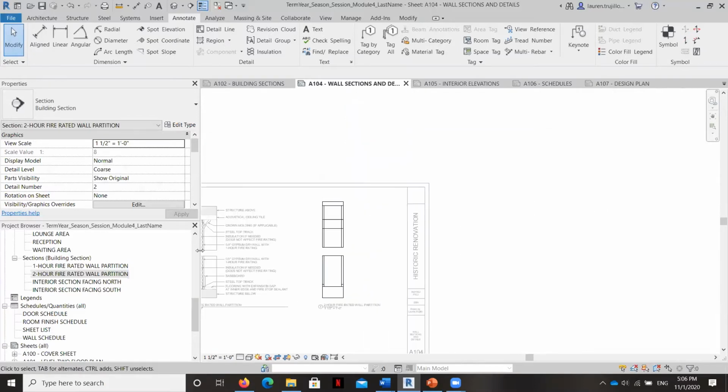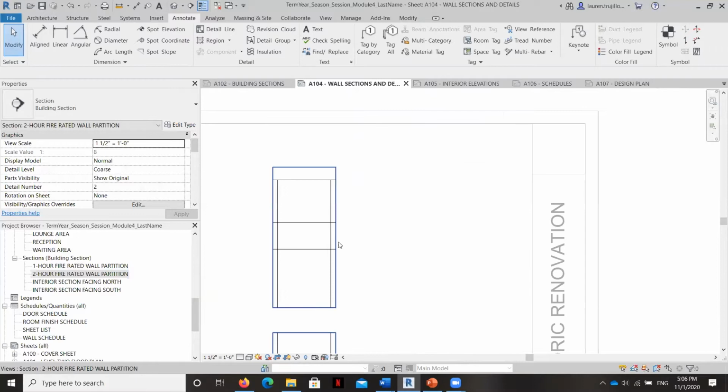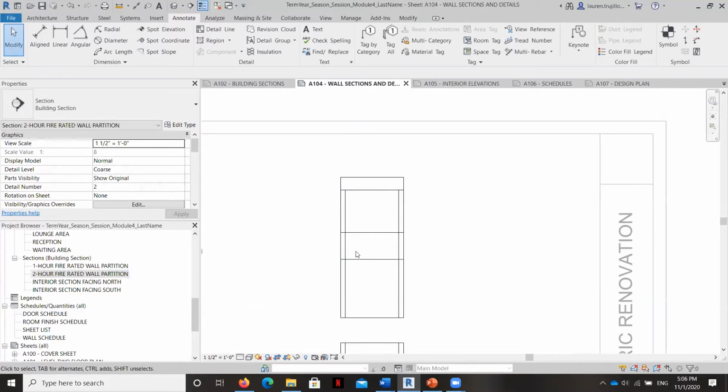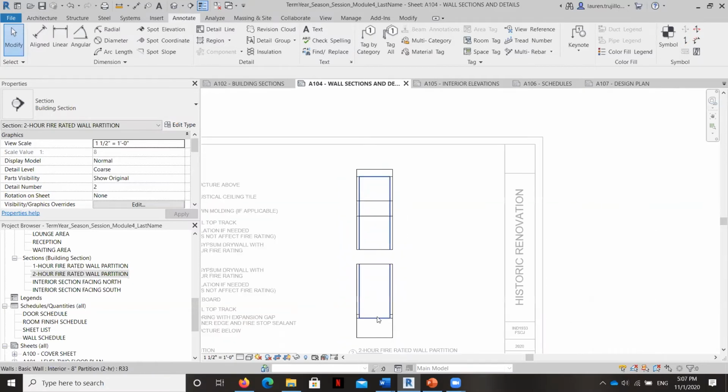It's going to look very similar to this one, in fact, except that the difference is that there's going to be a masking region here, because right now this is the acoustical, or in this case, gypsum wallboard ceiling, and this wall actually goes all the way up and through, and the ceiling comes up to it because it goes from the structural slab to the structural slab.